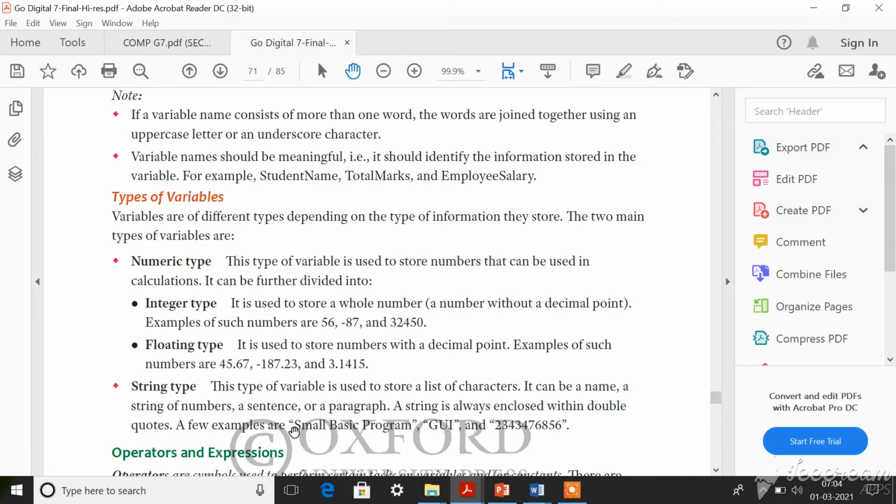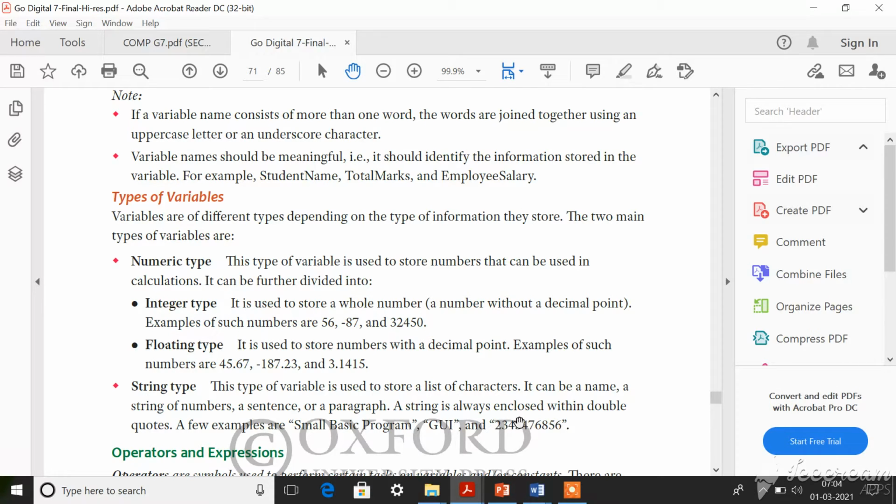See here, in this double quotation they have written a Small Basic program. So this is a string type variable, string type data. Then GUI, this is an abbreviation, right? But it is mentioned within double quotation, therefore it comes under string type. And you can see here 2 3 4 3. Even mobile numbers you can type, but those are numbers, isn't it?